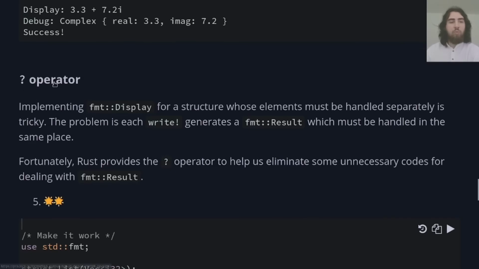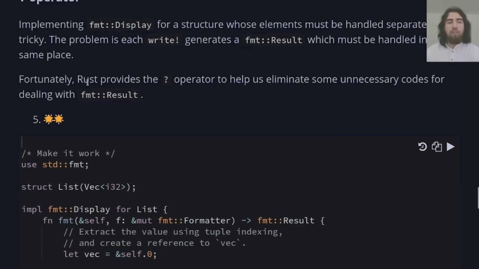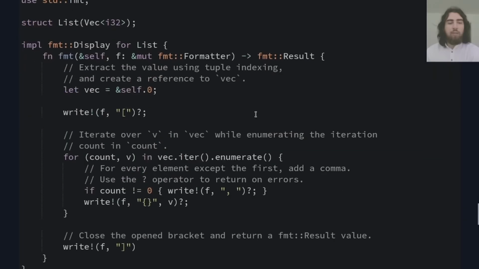So, the question mark operator. Implementing fmt Display for a structure whose elements must be handled separately is tricky. The problem is each write generates a fmt Result which must be handled in the same place. Fortunately, Rust provides the question mark operator to help us eliminate some unnecessary code for dealing with fmt Result. So